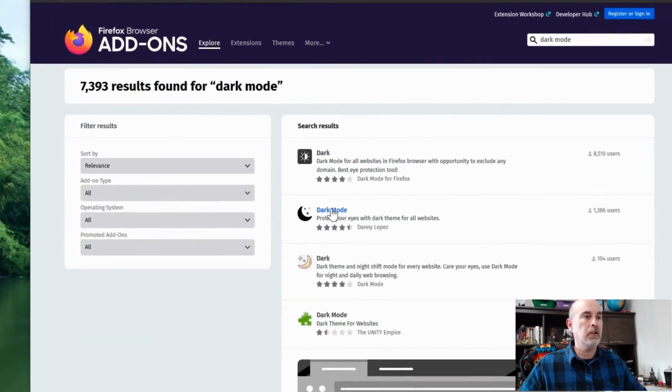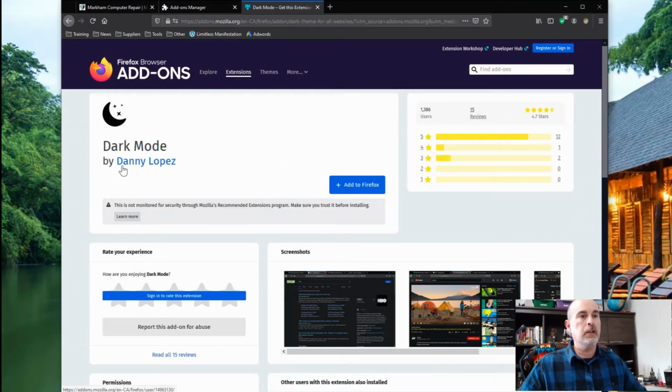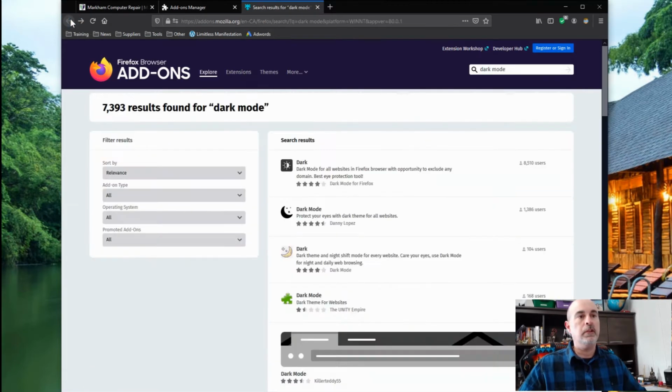If we go and check out the other one here, there's the person's name who designed this one, and they've got 15 reviews, 12 of which were 5-star ratings, so that's a very high rating. That makes it 4.7 stars, which sounds impressive, but it's only out of 15 reviews, and there's only just over 1,000 users that have this installed. But with this note again saying that there basically could be a security risk if you install this, and you could let a hacker into your computer. So I don't want to use that one either.